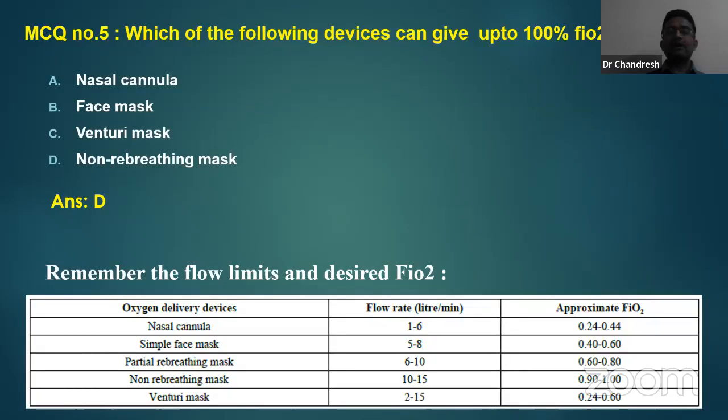As I told you previously, a nasal cannula should never cross more than 6 liters. Even 6 is a little on the higher side. If I think my patient requires almost 6 liters, I will rather use a simple face mask than a nasal cannula. If you are using a partial rebreathing mask, consider that it can never achieve 100% FiO2. But yes, a non-rebreathing mask can achieve 100% FiO2. The only disadvantage is that if the oxygen supply suddenly gets disconnected, because of the unidirectional valve, a patient can have CO2 retention. So always be more careful while using a non-rebreathing mask. Always check for disconnection and take care of the patient.